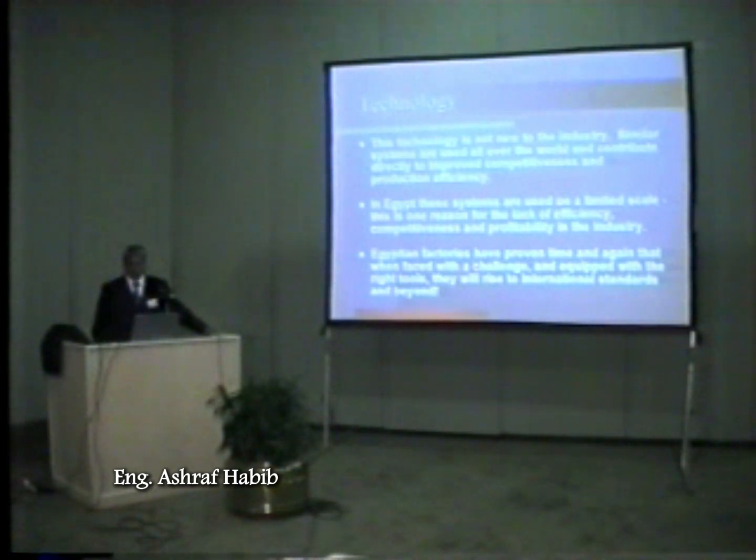Egyptian factories have proven time and again, when faced with a challenge and equipped with the right tools, that they can do better than international standards. In one of these factories, especially compared to Turkey, the international standard for shrinking is, I don't know, 8 or 9 minutes on manufacturing something in the facility. I know that here their standard has become 6 minutes. So we know that we have the capabilities, we have the know-how. We are hard workers here. So we really need to have the correct tools to work with.